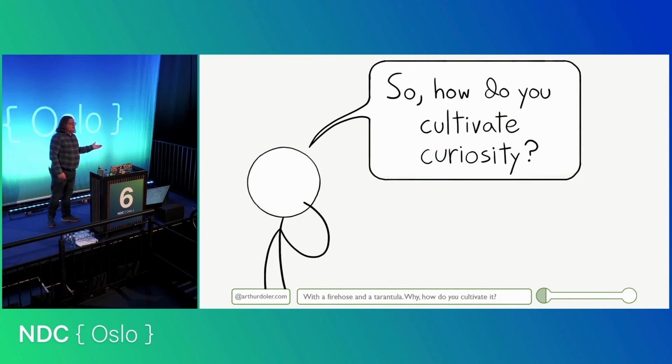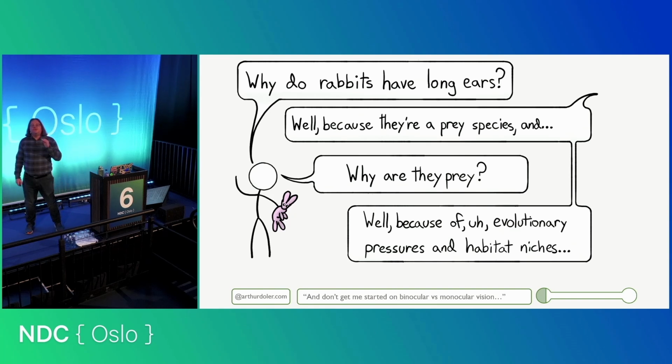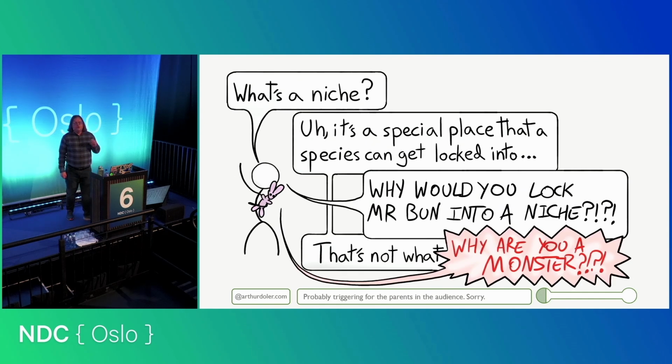So how do you cultivate curiosity? People have actually asked me this question since I read a lot about brains. And it's distressingly simple, actually, how easy it is to get curious. Unleash your inner 3-year-old. Just start asking why over and over again until it sounds really annoying even to you. Why is this way?